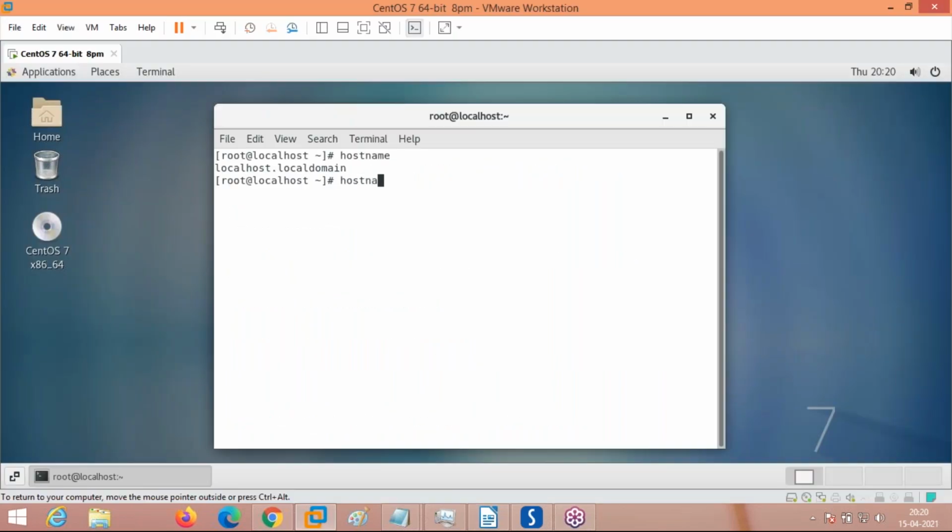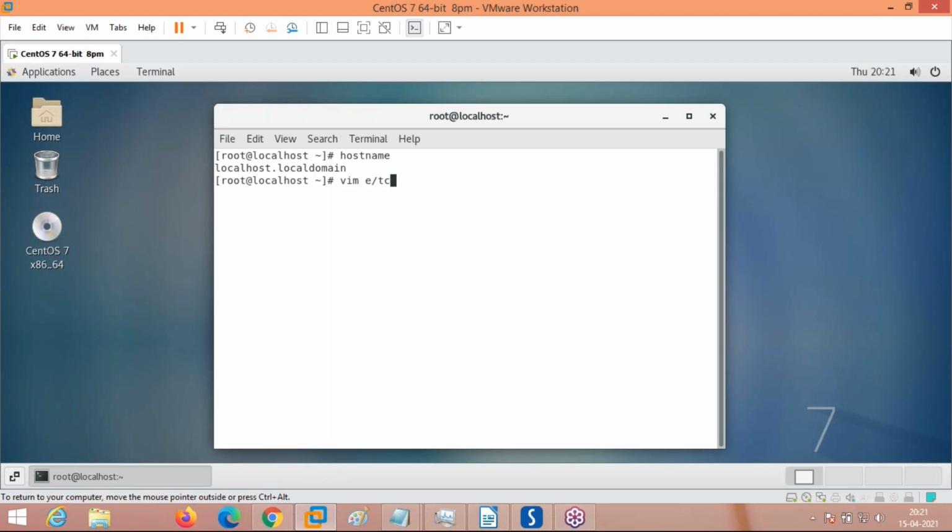To check the current host name of the system, what is the meaning of host name? Host name is just a tag given to the system. Just like you have a name like Dilip, Amarnath, Rajesh, same way the system also requires a host name to be set for it to work. So, how to set the host name? I will show you the format.